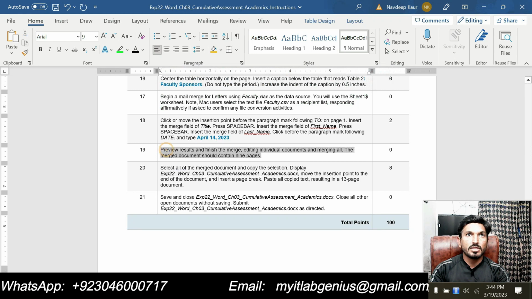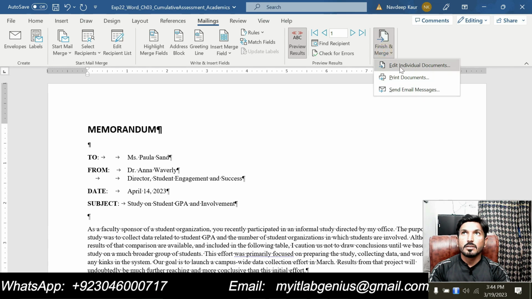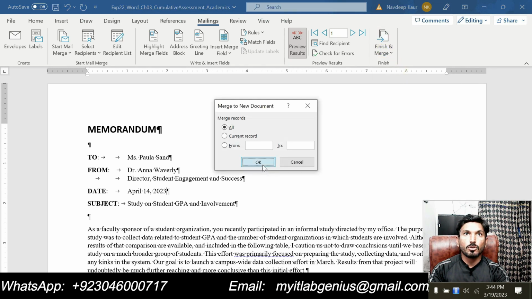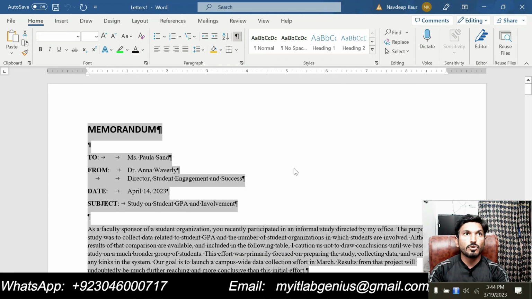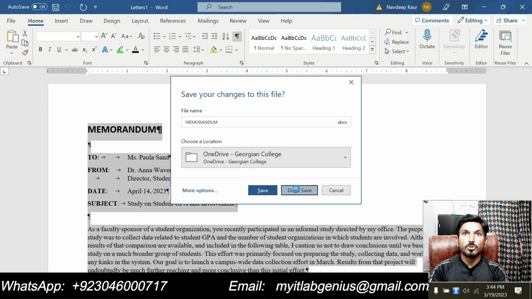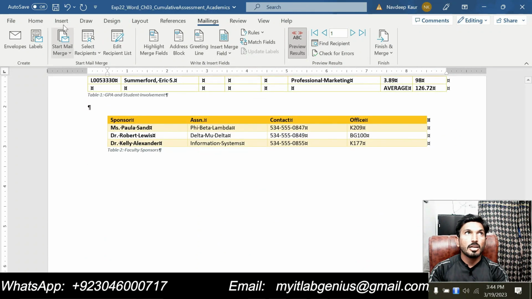Step number 19 is preview the result and finish the merge, editing individual documents. Select all of the merged document and copy the selection, display the original file and paste the text at the end of the document. So first we will go to the document, click on preview and click on finish individual document, this one, click OK. So we will get another file, that is the Letter 1 file. Select all of the text from here, copy this and click don't save. Then we will go to the end of the document